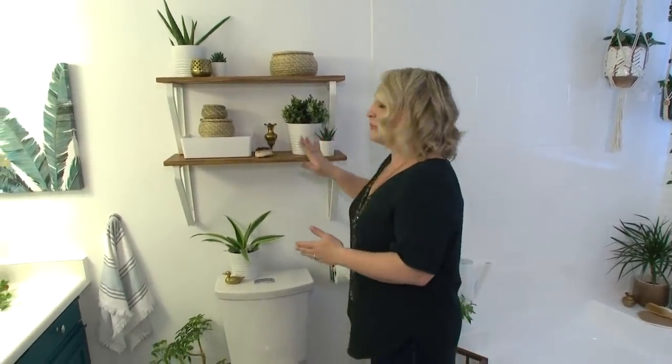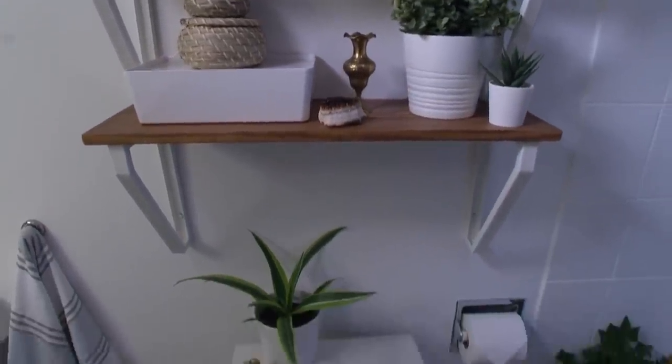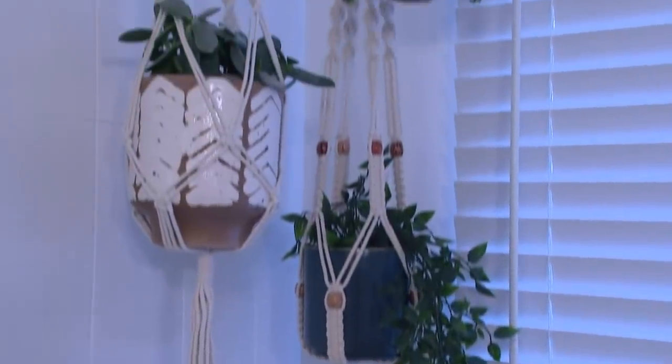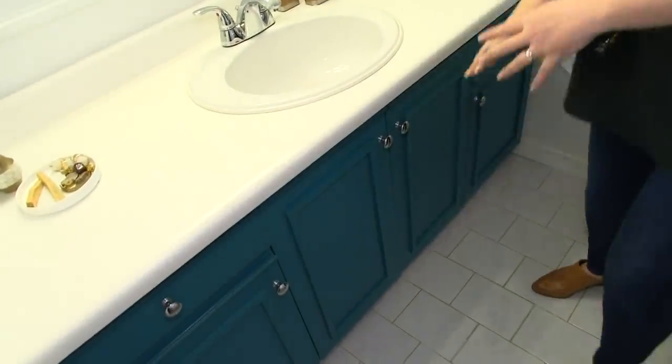Now, these were made for about under $30, so really affordable, and have been the perfect solution to the added storage that the homeowners needed. It's also been a great spot to plop some of my fresh plants that have added a real freshness to the entire space. Now, speaking of fresh and storage, I've actually married both in the vanity with this beautiful leafy